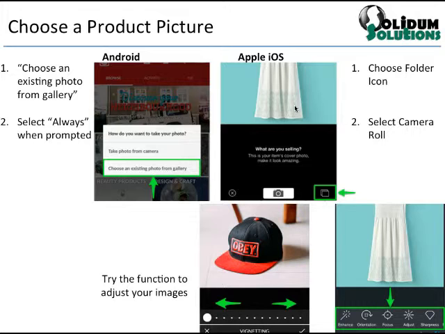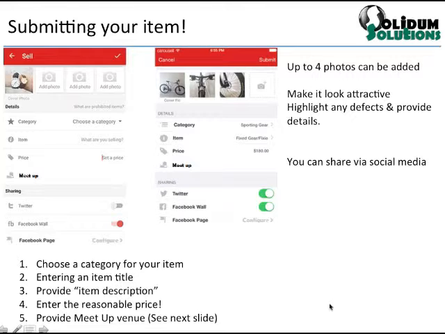Once you have selected your photos, you will be able to adjust the photo itself to make the photo look nicer. Carousell allows you to upload up to 4 photos at the same time. It is encouraged that you upload as many as you can because it is easier to attract buyers when you have more photos. Try and make your photos look nicer, better, in order to attract people to buy from you. Once you have uploaded the photos,